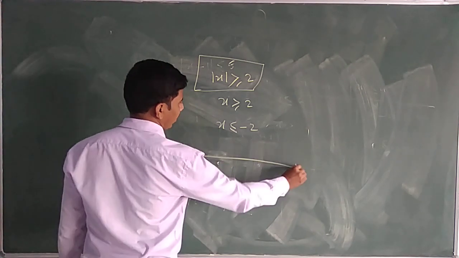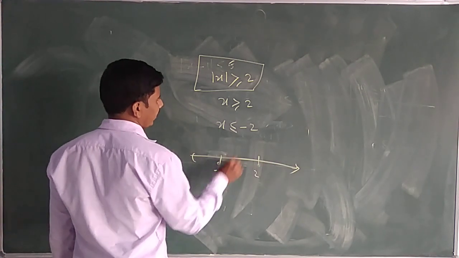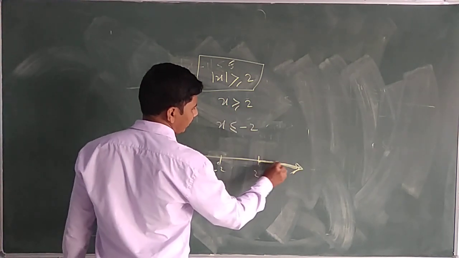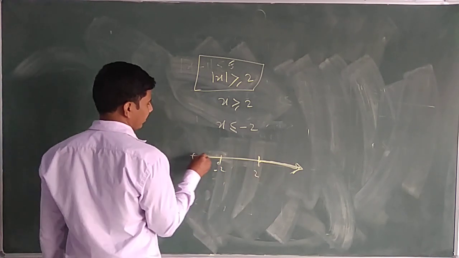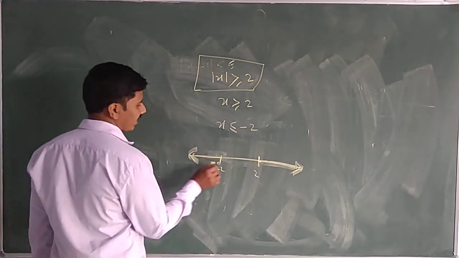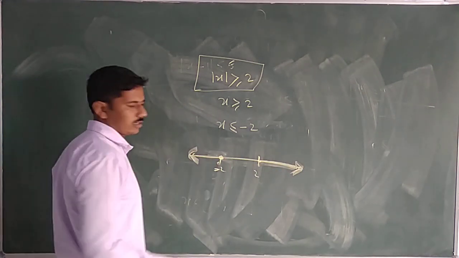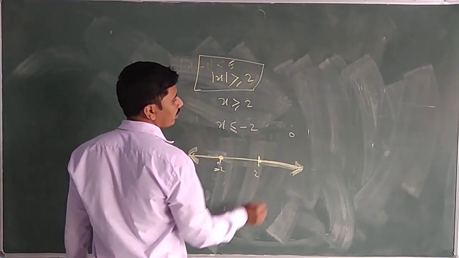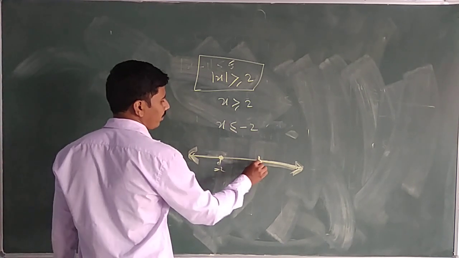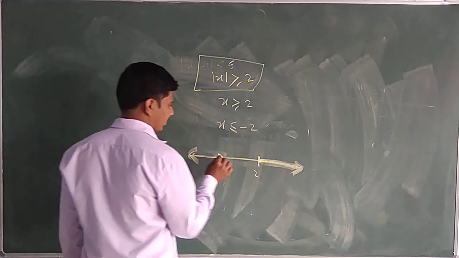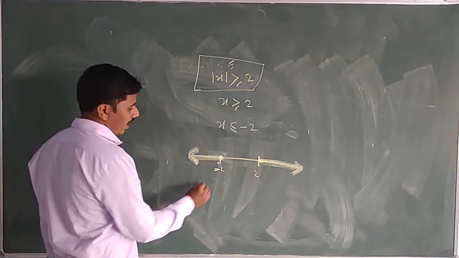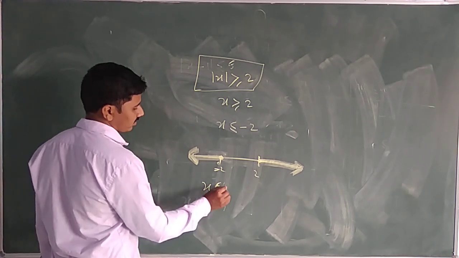Draw these two numbers on the number line. 2 will be here, minus 2 will be here. x is greater than 2, so this part will be the numbers that are greater than 2, and here will be the numbers that are less than minus 2. This line will come as the equal to sign is there. So 2 is included. So we draw a dark circle here, and if it is not included, we draw an empty circle. Both 2 and minus 2 are included, so we draw a dark circle here, and the solution is like this. This is the solution of this inequation. So how are you going to write the x belongs to form? It is the symbolic form.